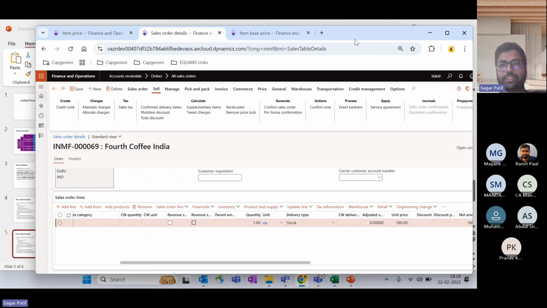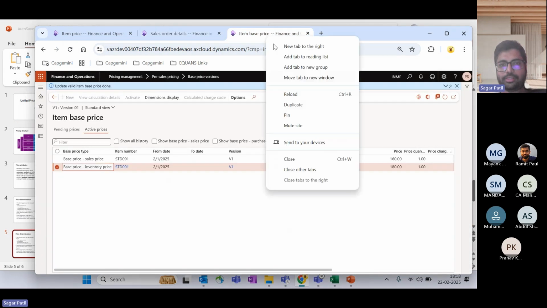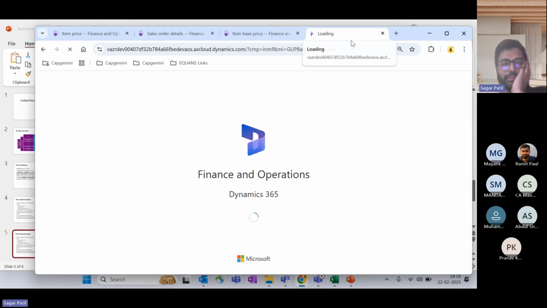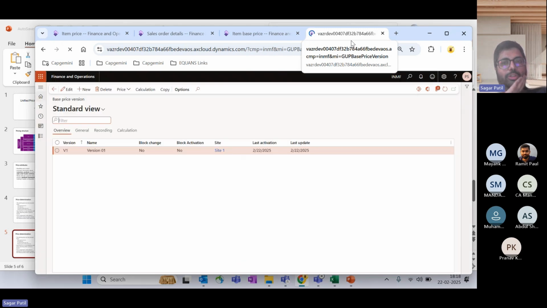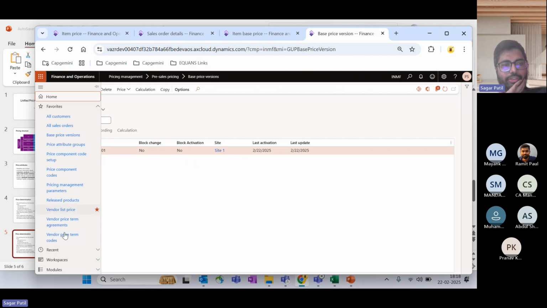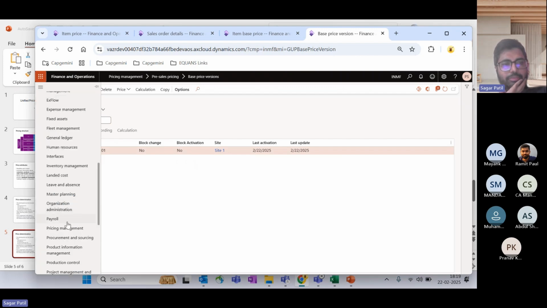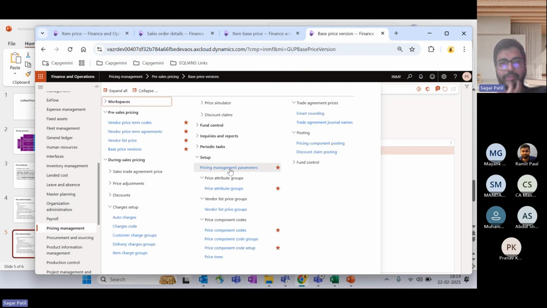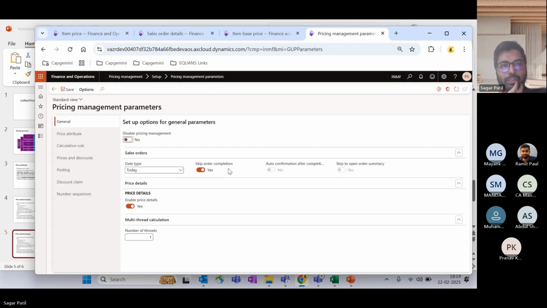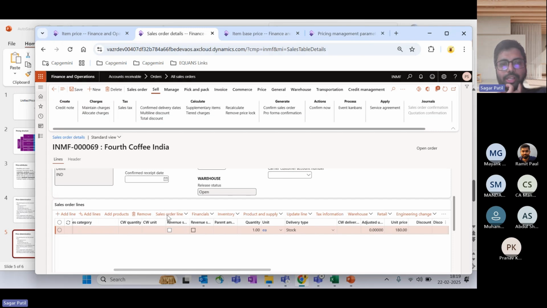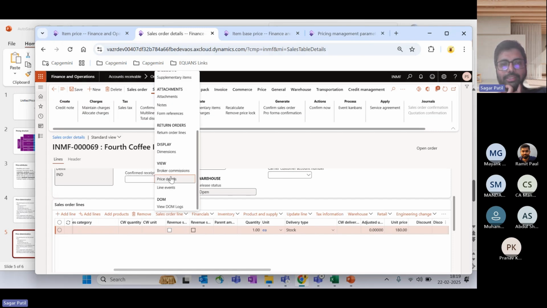Now there is another feature. If I go to pricing management, the system will also tell you from where this price is derived. In the pricing management parameters, there is an option called enable price detail. This is a toggle on the parameter. I set it to yes. Now if I go to the sales order line and click on price detail,